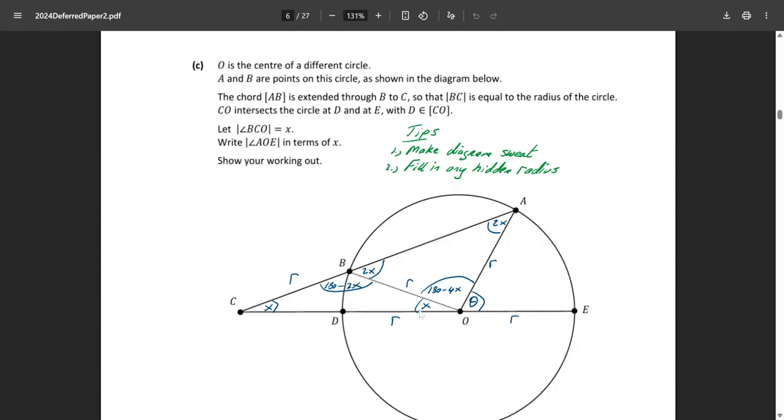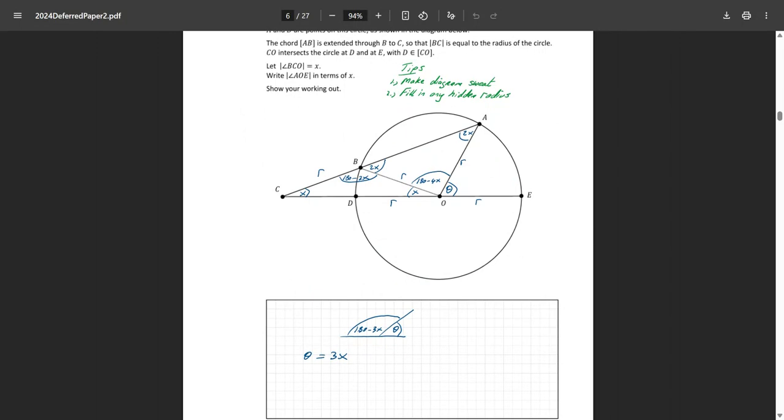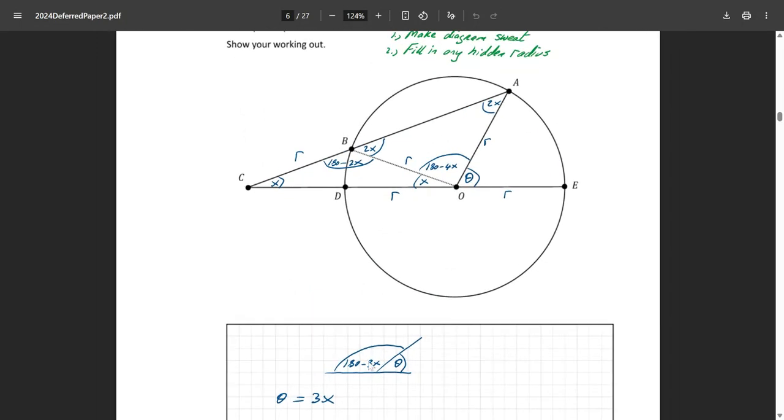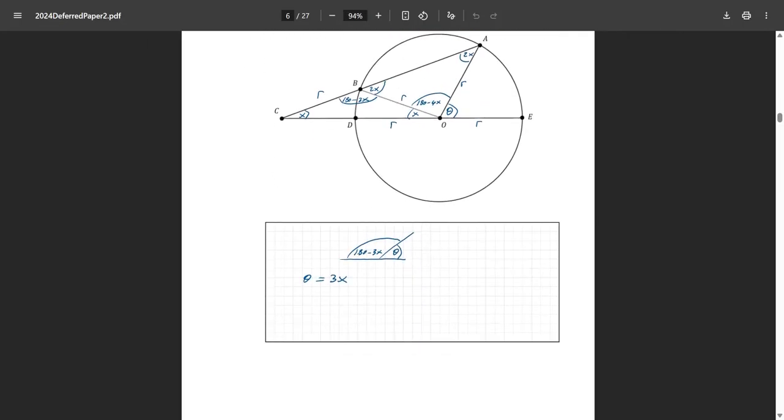If you take these two together, 180 minus 4x plus x is 180 minus 3x altogether. That's 180 minus 3x on a straight line, so that must be 3x over there. I've done that out down here. If you've got 180 minus 3x, and that's theta, if theta is 3x, minus 3x plus 3x cancels and you just get 180. And there's your answer. Theta is 3x. And that's the end of part